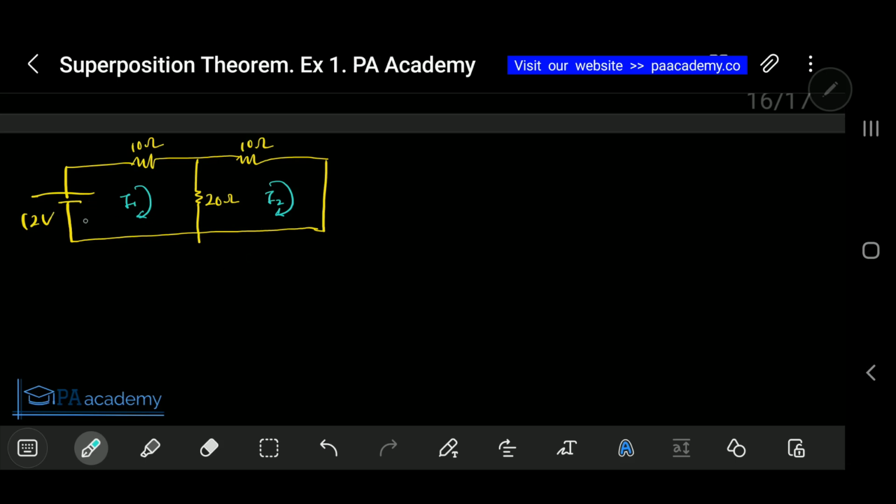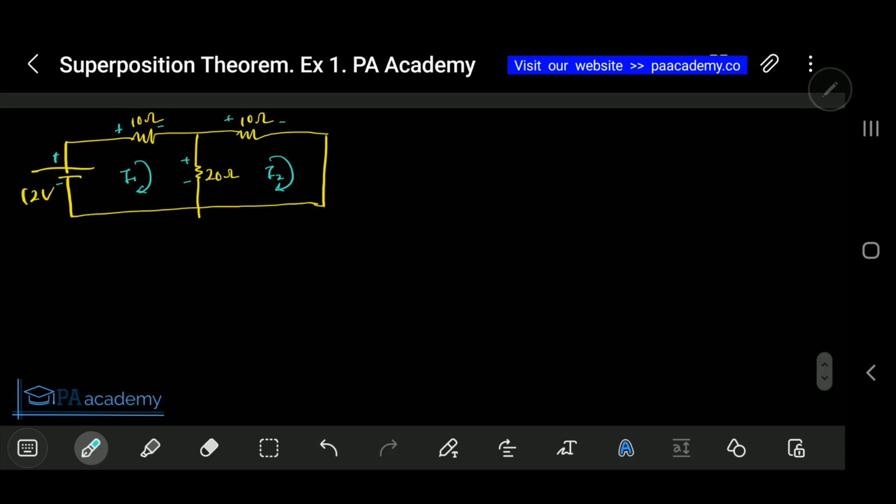By virtue of the voltage source, this is plus, this is minus. But since the current direction that we've picked, we'll give this a positive, negative sign. For this, this will be positive, negative, while for this part we are going to have positive, negative. Exactly. If you're not clear on the polarity, I encourage you to watch the video I did on mesh analysis. So this will be plus and minus. Now that we've done giving the polarities, let me go ahead and apply KVL